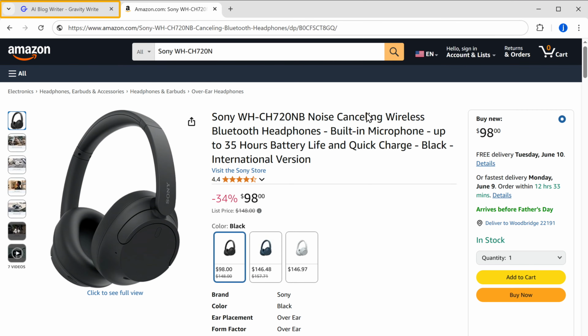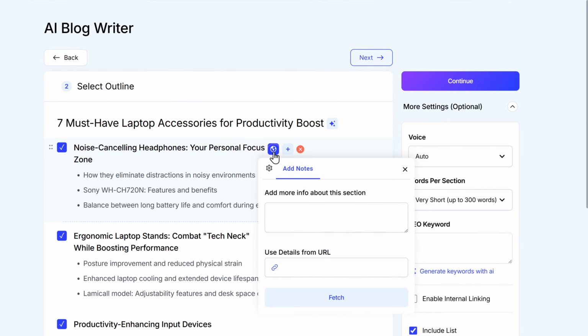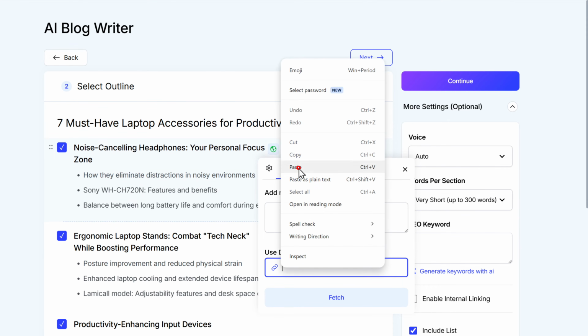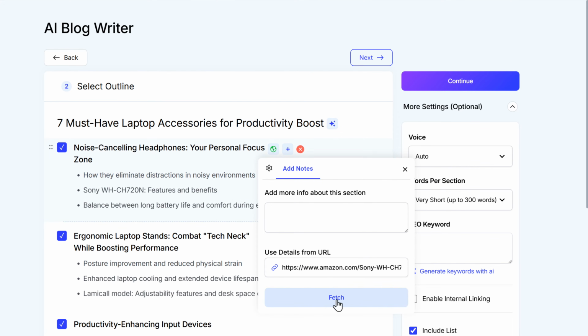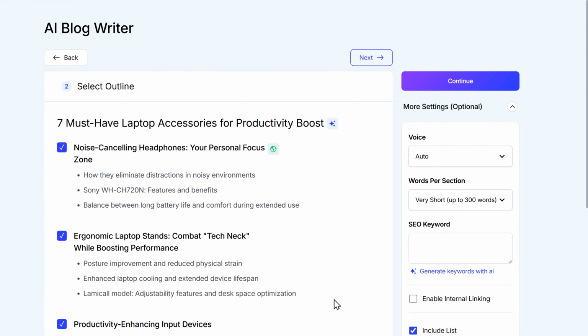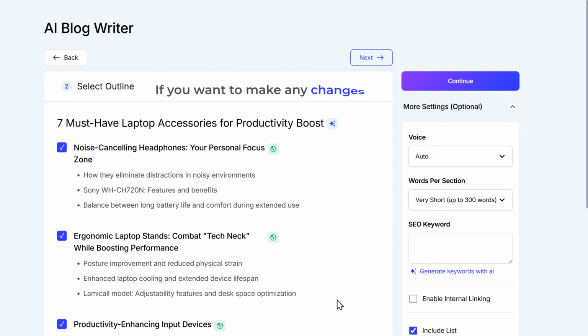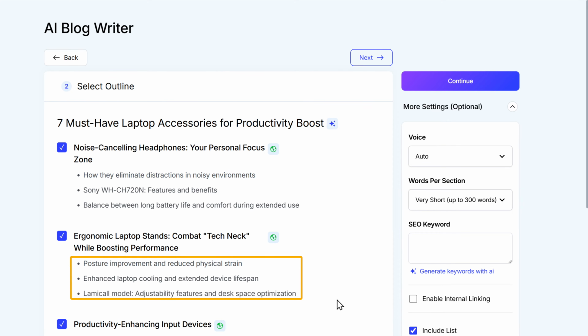Come back to AI Blog Writer. Click on the info button, paste the link and click on fetch. The details of the product will automatically be fetched and used to create this section. Follow the same process for all the products in the outline. If you want to make any changes, you can do it here to customize the blog according to your needs.